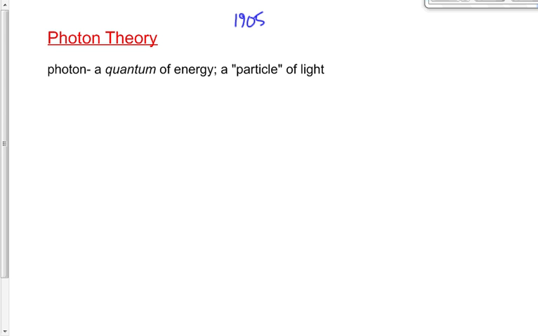Photon theory says this: light exists not just as a wave, but as a particle. The particle of light is called a photon. Now, we're not suggesting that this photon, this quantum of energy, this bundle of energy, rides a wave. I don't want you to try to visualize it necessarily. It's not a surfer on top of a wave. The particle is not on the wave. The particle is not following the wave. The particle, the photon, is the wave.